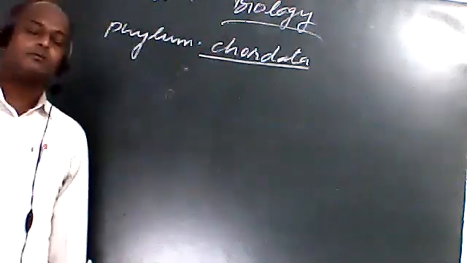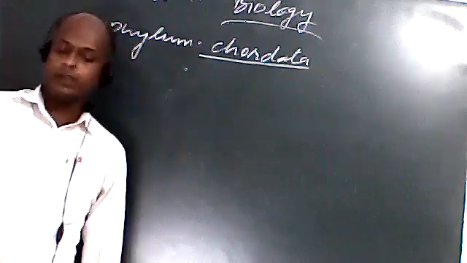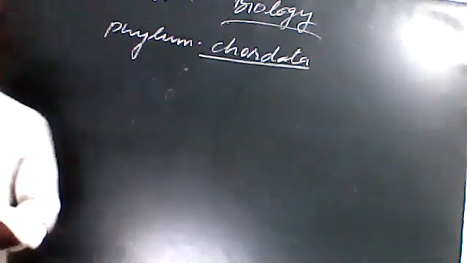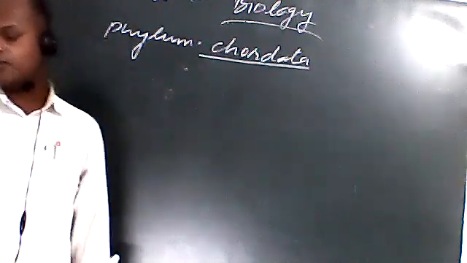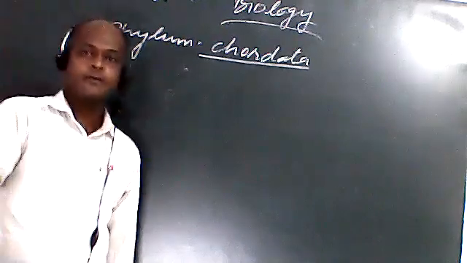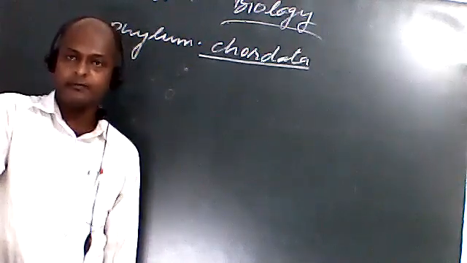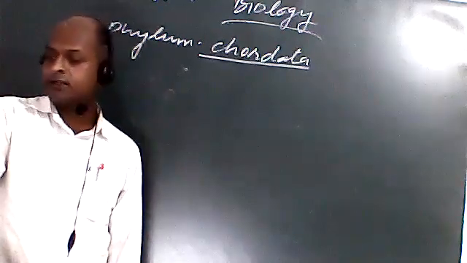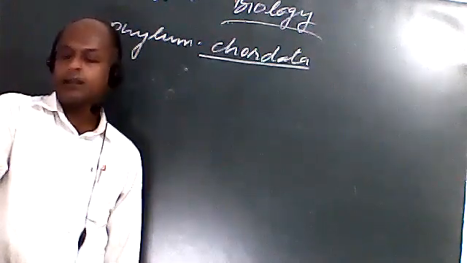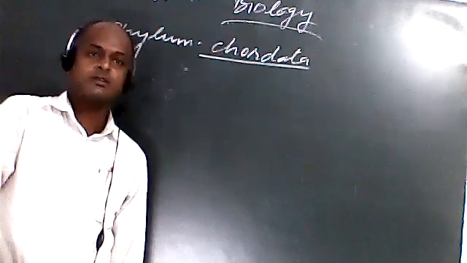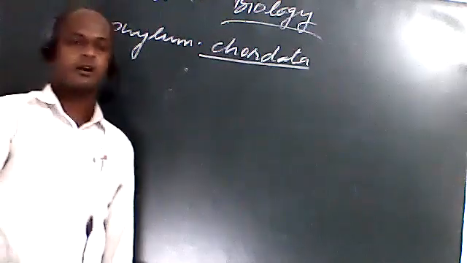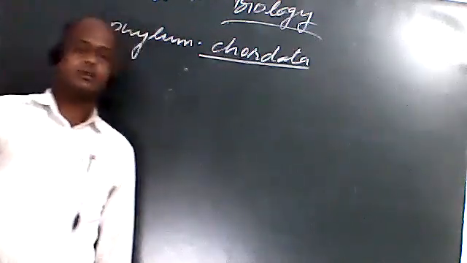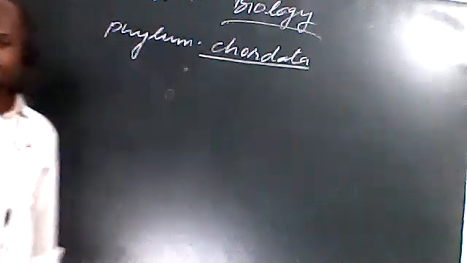First of all, we will study the outline diagram of the chordates that is given in your book. You can open page number 55. On page number 55, one figure is given, the chordate characteristics, meaning an outline sketch of organisms which belong to phylum Chordata, or the outline structure of chordates. So let us see the figure.